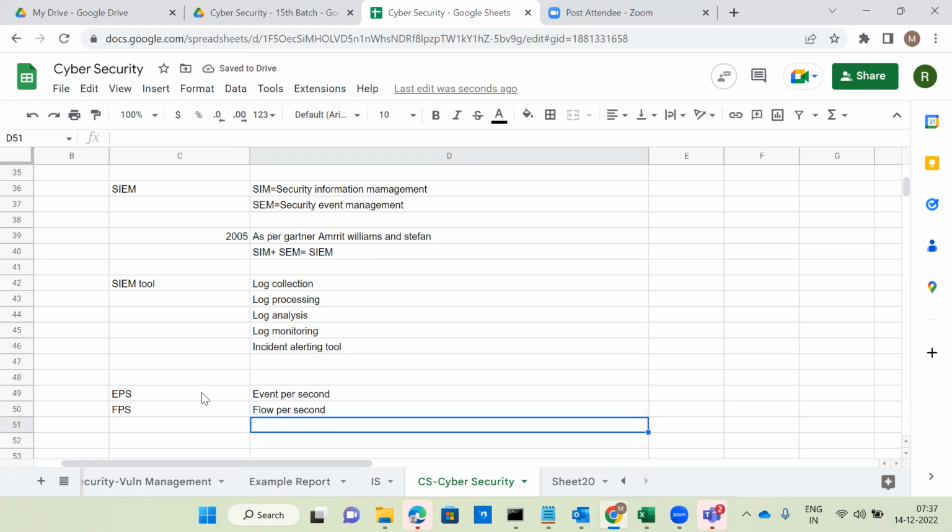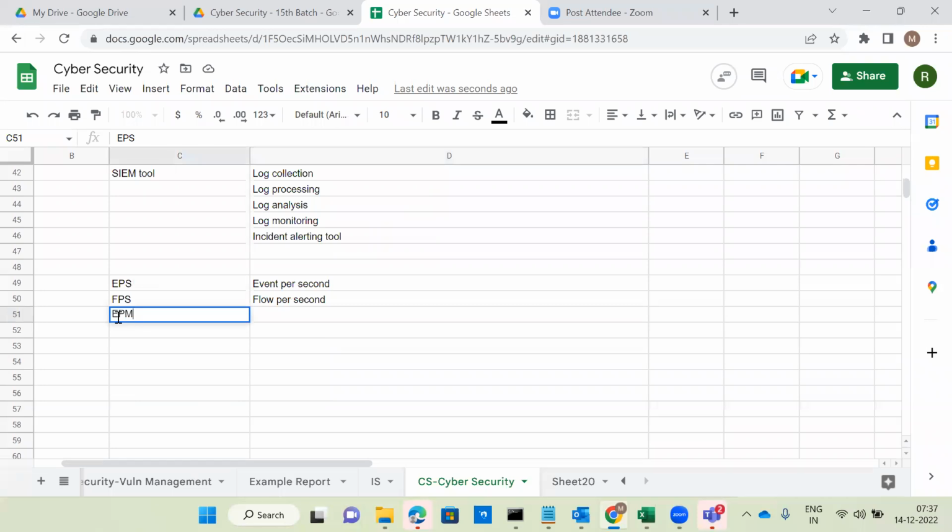So log is different and flow is different. Log is an action and flow is traffic. So that is the difference. Log is an action: any computer-recorded activity is called a log, you know already. And flow is in the form of IP traffic, for example packet capture.